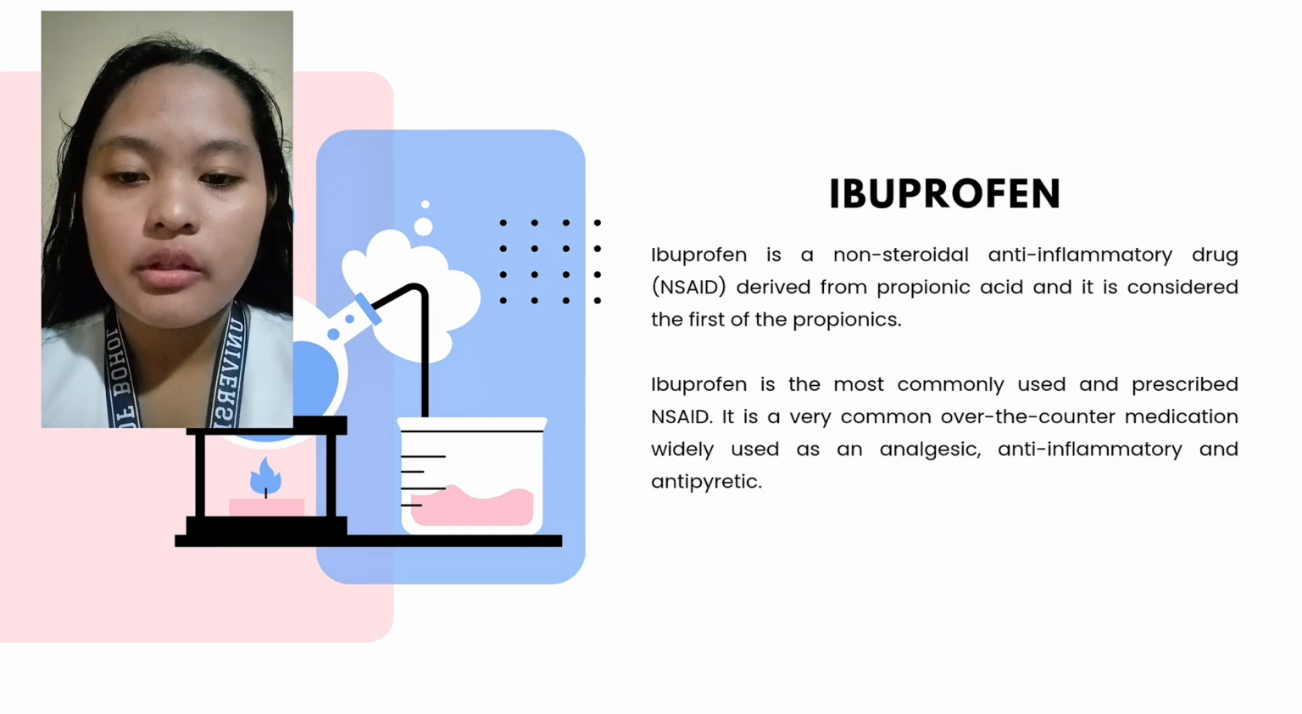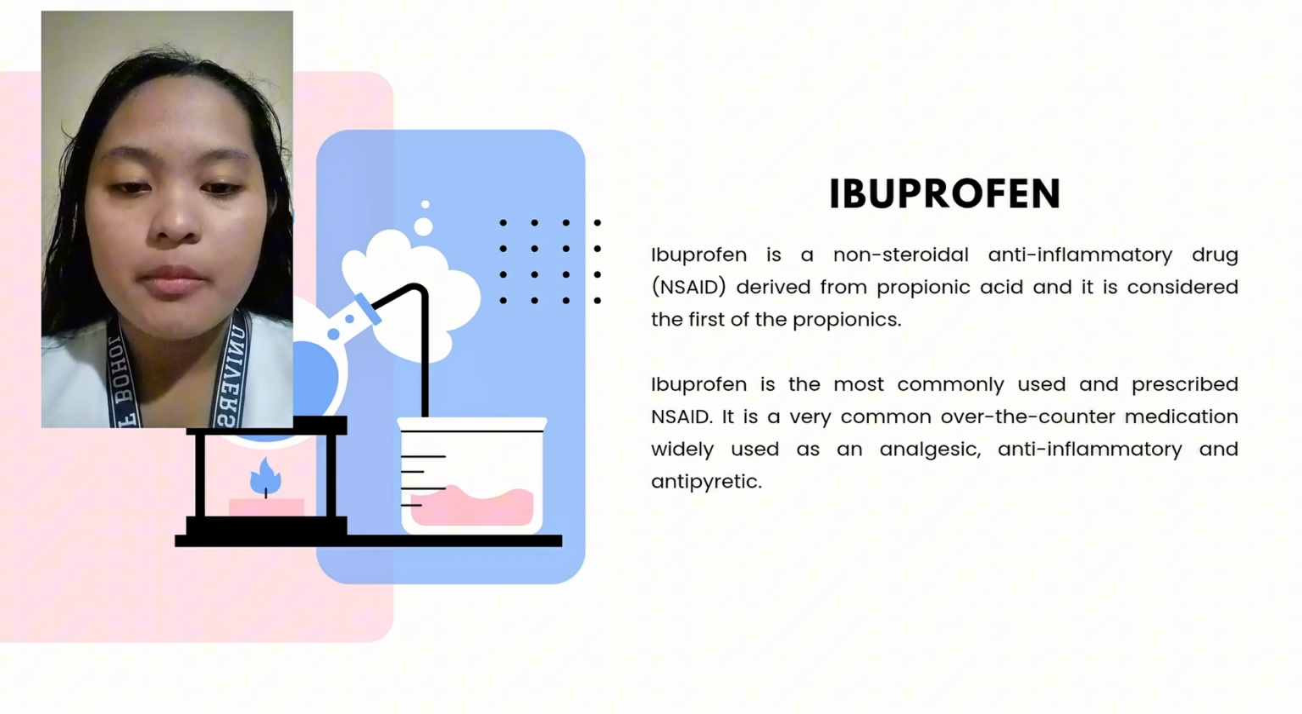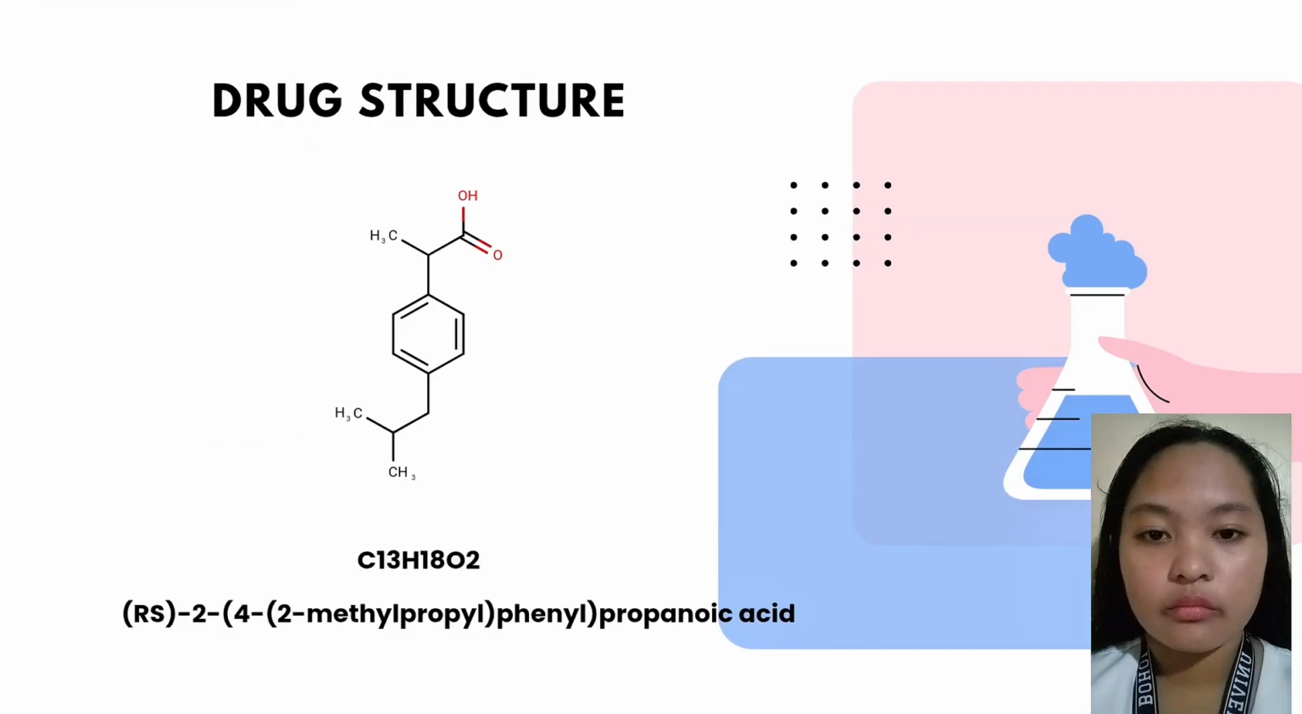Ibuprofen is a non-steroidal anti-inflammatory drug, or NSAID, derived from propionic acid, and it is considered the first of the propionics. Ibuprofen is the most commonly used and prescribed NSAID. It is a very common over-the-counter medication, widely used as an analgesic, anti-inflammatory, and antipyretic. Here is the drug structure of ibuprofen, or C13H18O2, or